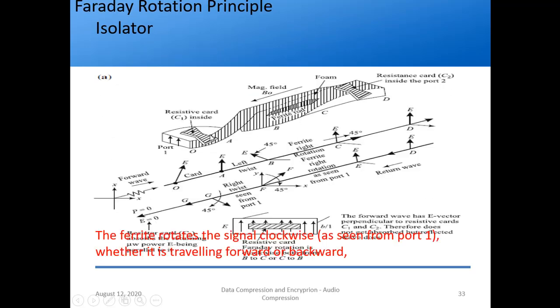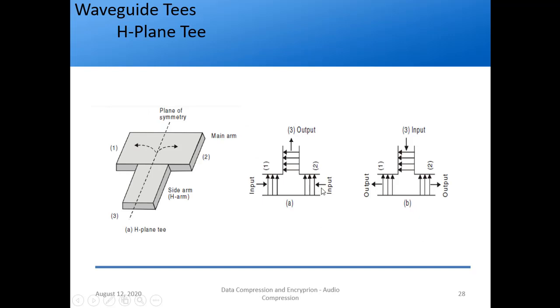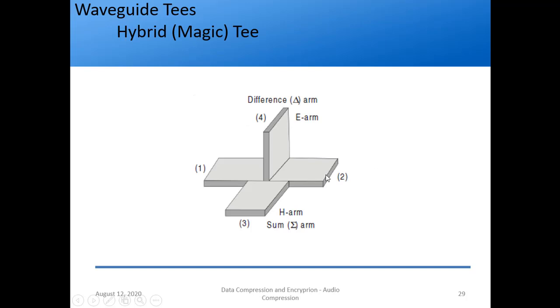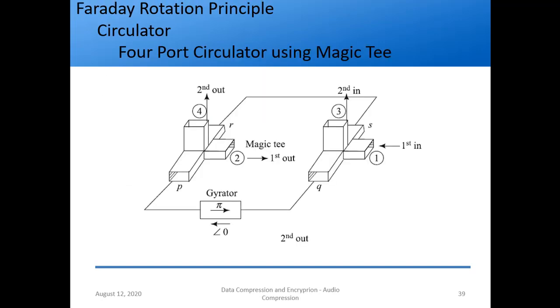If you are confused, just see this E plane T and H plane T working. So what is happening? If I am giving the input here at port 3, power is equally divided but out of phase. In the same way, if I give input out of phase here, the output will obviously go to port 3. Same way, if the inputs are in phase, the output will go to H arm only. So if I am giving inputs here, they are in phase, the output will go to H arm. If I give the inputs here, the outputs are out of phase, then the output will go to E arm. Okay. So that is what we saw here.